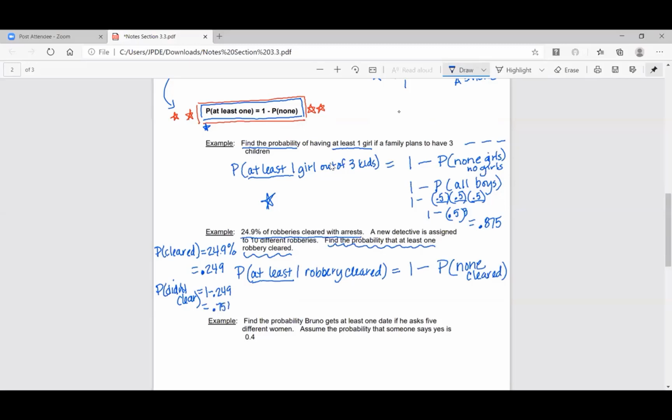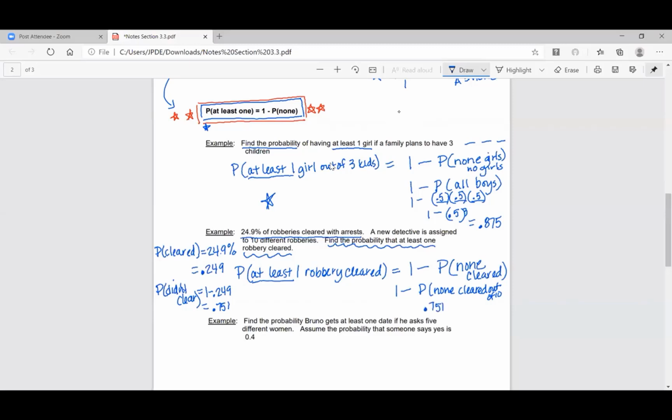So this is what we have to work with. Over here now, we're going back to this side. 1 minus the probability that none of them cleared. None cleared out of 10. It's a lot. So the first one did not clear, and the second one did not clear, and the third one, and the fourth one, and the fifth one. So this will be